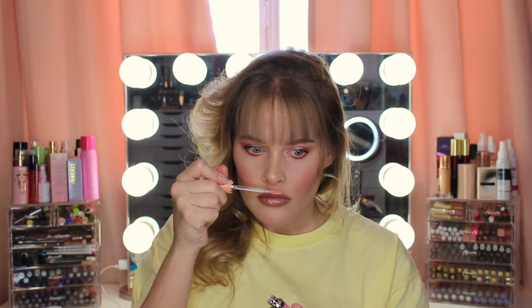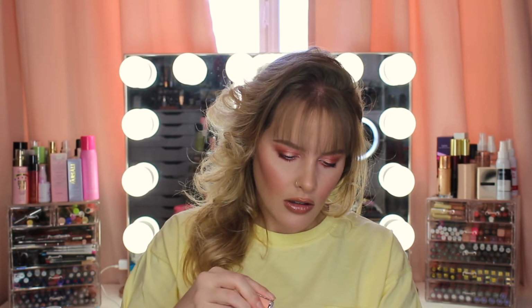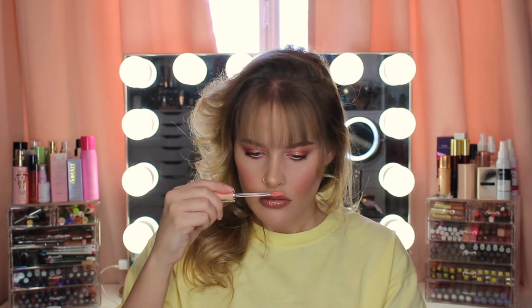Beautiful. I wonder if it meant that this part right here on the lid was genuine leather. Maybe that's what that meant. I don't really know what to expect from this. Has a rose scent to it. Oh, it's just clear. What the heck? Maybe it shows up more pink on the lips possibly, but it does have a rose scent to it, which I don't mind actually. Okay, so there is a slight, teeny tiny pink to it,